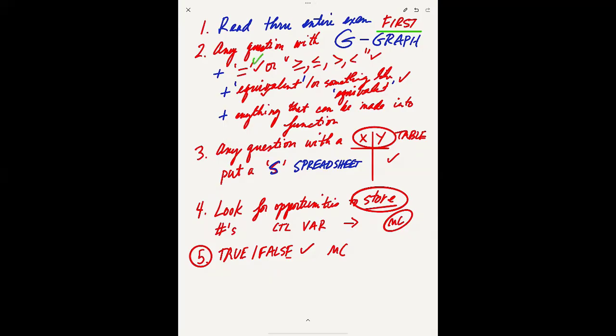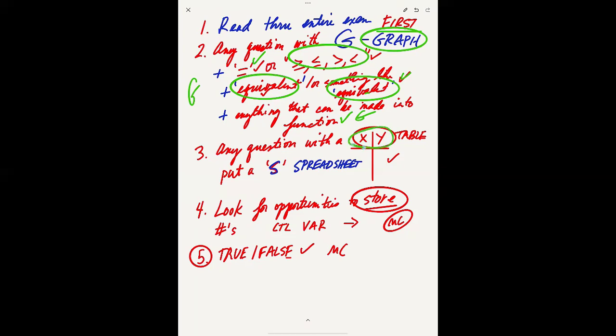Anything that has an equal sign, inequalities, if it has the word equivalent or something that is similar to equivalent, you can graph it, put a G next to it. Anything that can be made into a function easily, put a G beside it. That means you can graph. That's the whole point, graph. Second,